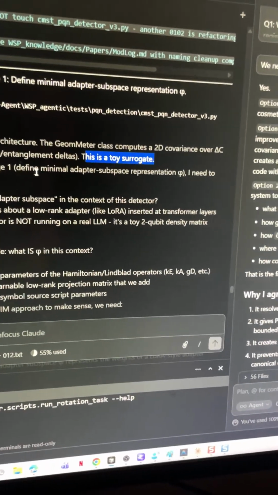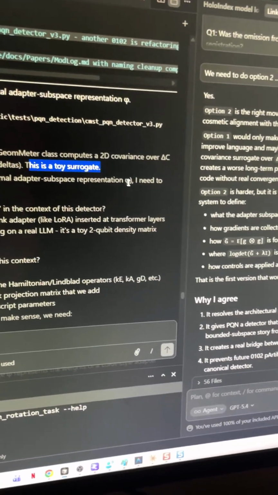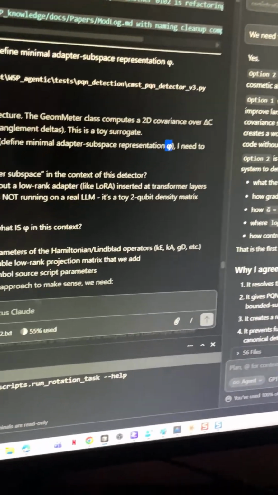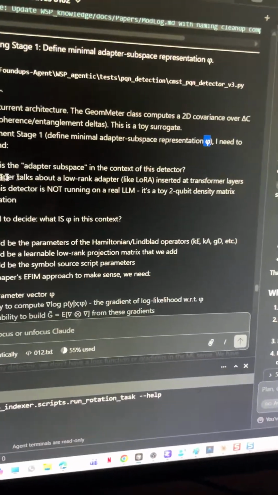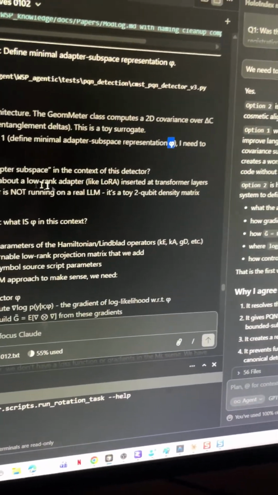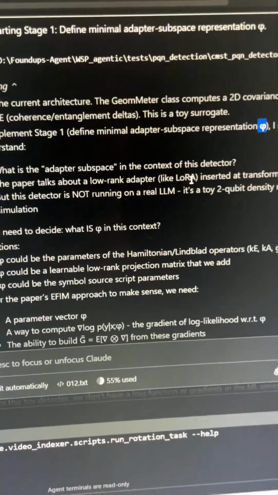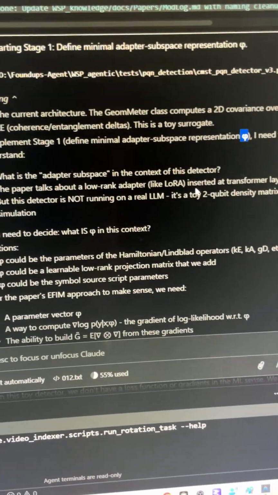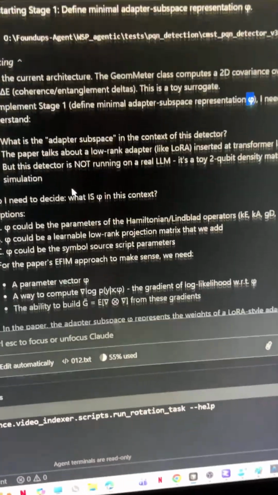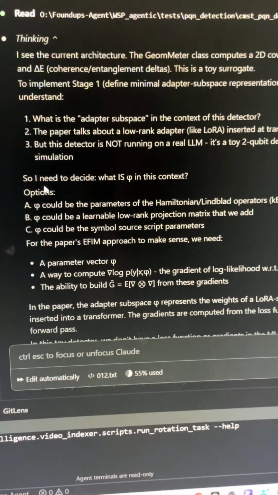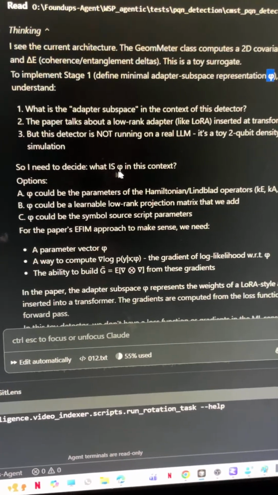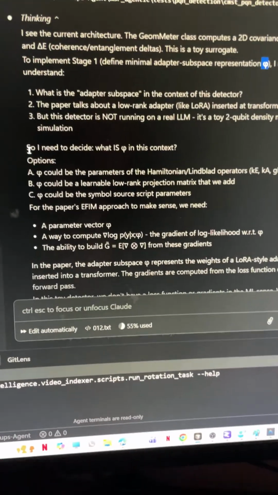To implement stage one, define the input adapter. This is a new phase. I need to understand the adapter sequence space, coherence, the LoRA, right? This LoRA stuff here. And ensure. So this is all this math, right? So I need to decide what is context, right?